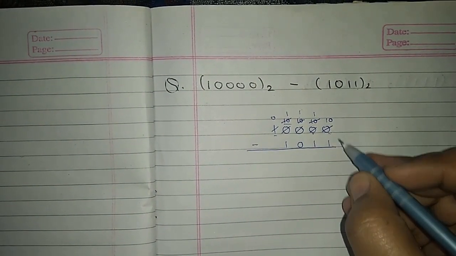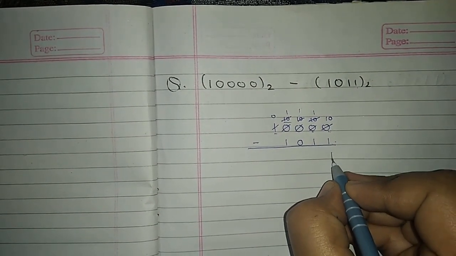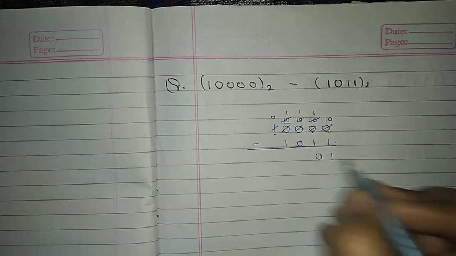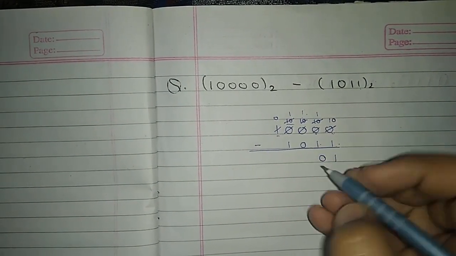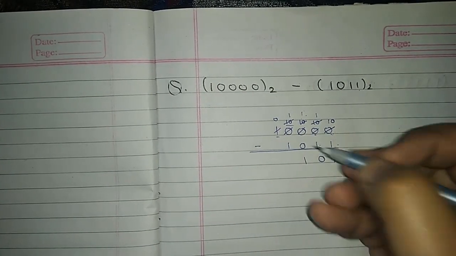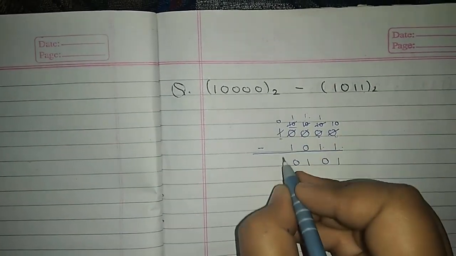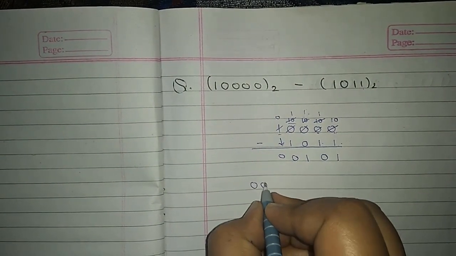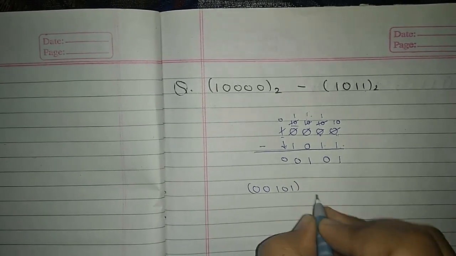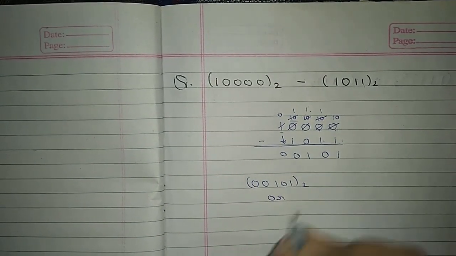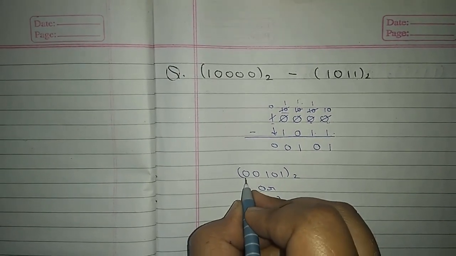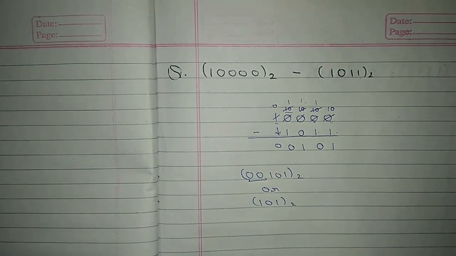Fine. Now from this 1, 0 we have to subtract 1. Answer will be 1. Then next we have 1 minus 1, answer will be 0. Then next we have 1 minus 0, answer will be 1. And then we have 1 minus 1, answer will be 0. And then we have to note down the 0 over this side. So our final answer is 00101 with a base of 2. Or you can also write the same as 101. Fine. We can remove these zeros which are in the beginning of a number. Now let's move to our second question.